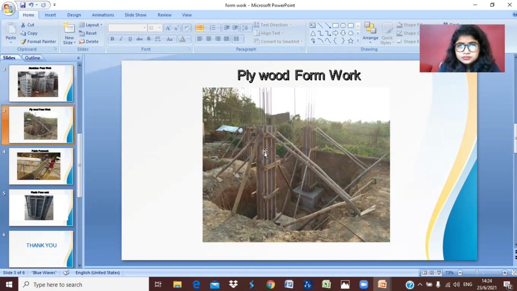In this image, suppose this is 250 and this is 300. This size is extended, I think, 3 inches from both sides, for fixing the shuttering wire. Let us calculate that.